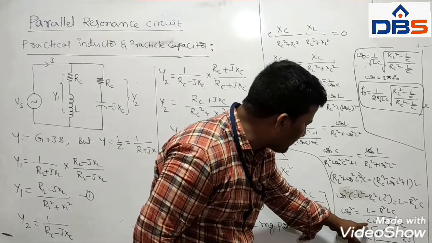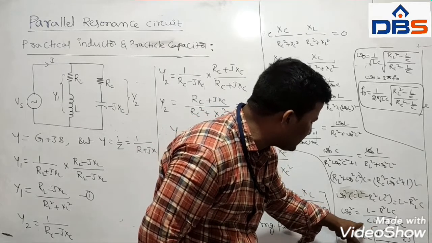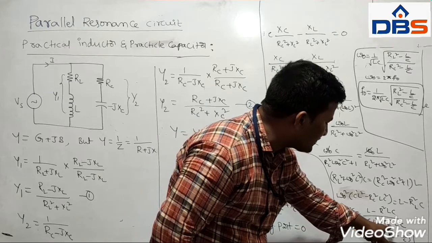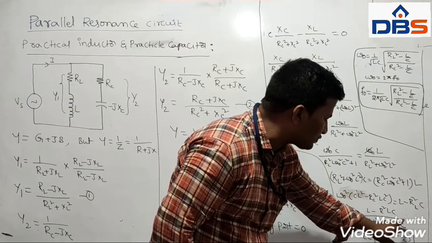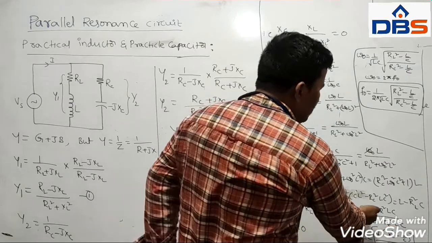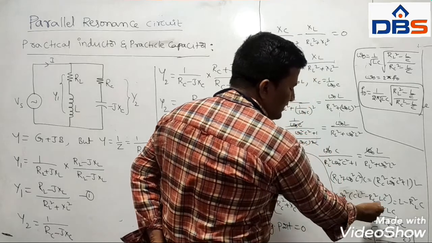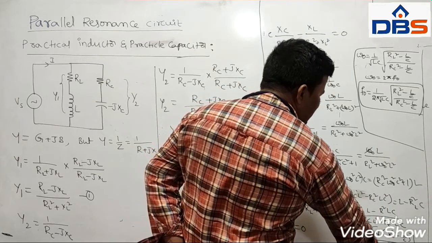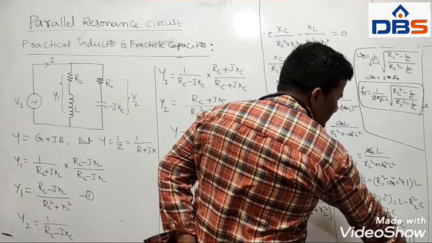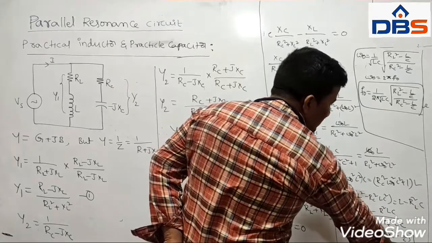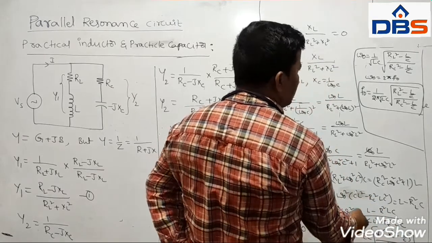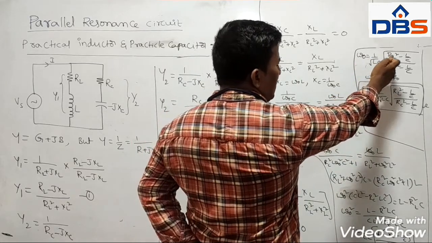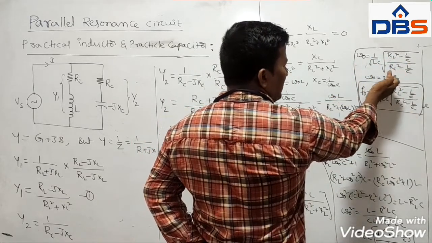So in the denominator, take LC as a common factor, that is 1 by LC into (L minus R square... RC square). In a similar manner, above in the numerator also take LC as a common factor. So in total, 1 by LC into (RL square minus L by C) over (RC square minus L by C). C must cancel each other. Therefore omega naught equals 1 by root LC times the square root of (RL square minus L by C) by (RC square minus